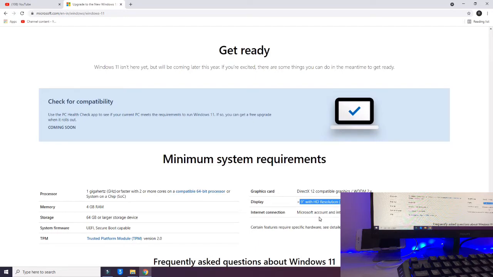A Microsoft account and internet connectivity are required to install Windows. So these are the simple requirements. In my case it shows coming soon, but you need to download this app and run this test, and it will show whether your computer is supported or not. In my case it is my computer, but if you're using a laptop, it should show install now or download the exe. So guys, this is the simple fix.